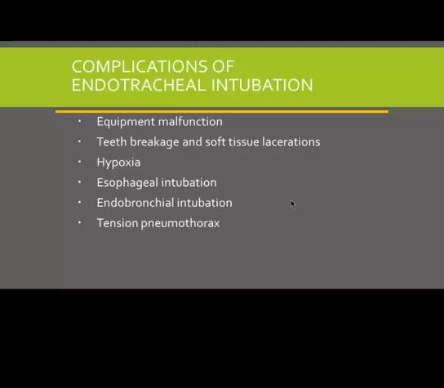Endobronchial intubation, right main stem bronchus. We talked about that just a minute ago. Also, tension pneumothorax. You've got to consider that, especially with these patients with chronic lung diseases, COPD, emphysema. What occurs on the lung wall with these patients that have chronic illnesses, weaker lungs? What occurs on those lung walls? Starts with a B. Almost like an aneurysm on a vessel. A bleb. So a weak spot